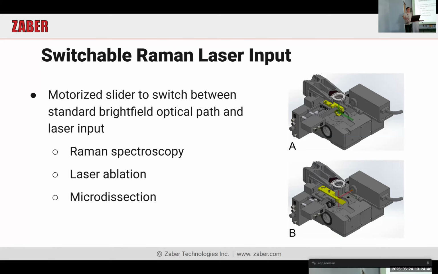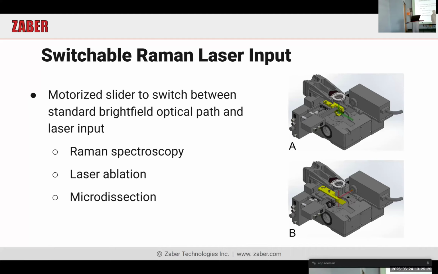I think this is one of the coolest systems that we've done. We've built the system with a slider that can slide a mirror in and out of the optical path. So in this case, we've just got a standard dichroic notch filter that's coupling the autofocus laser to the optical path and then doing the standard epifluorescence imaging through the objective. But then when we slide the mirror this way, we're actually putting a mirror in there, and so we can